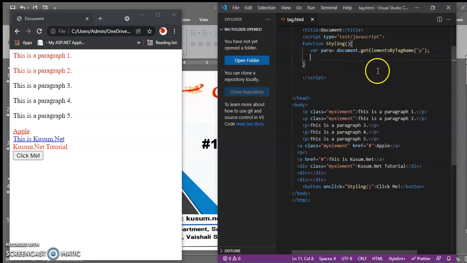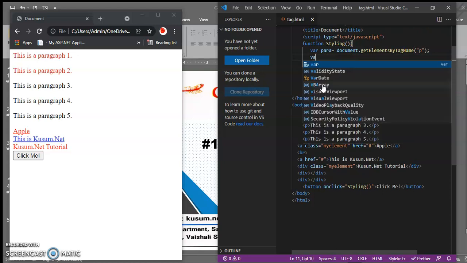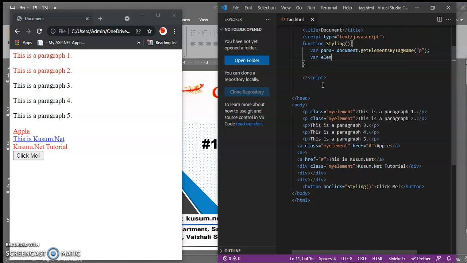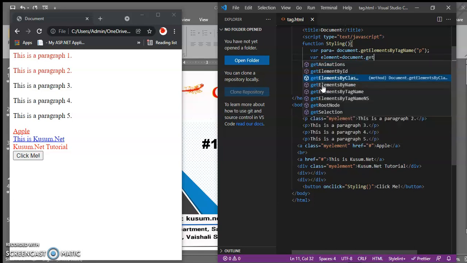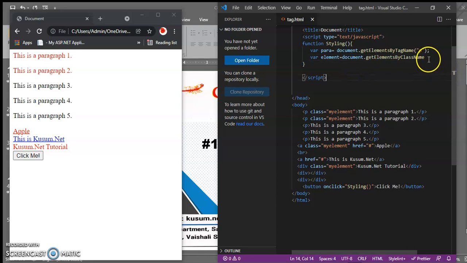When I need getElementsByTagName, I use this line. But now I will use a variable element equal to document.getElementsByClassName, and inside it I use the class name where I have applied it.